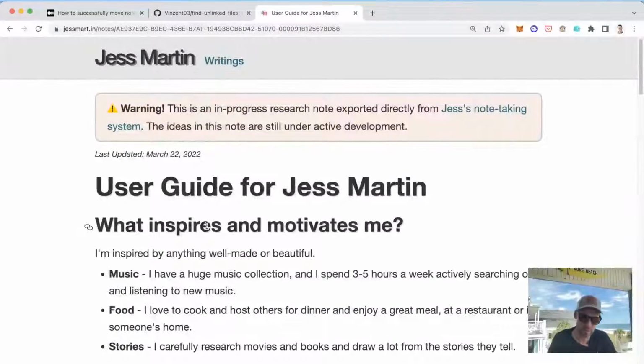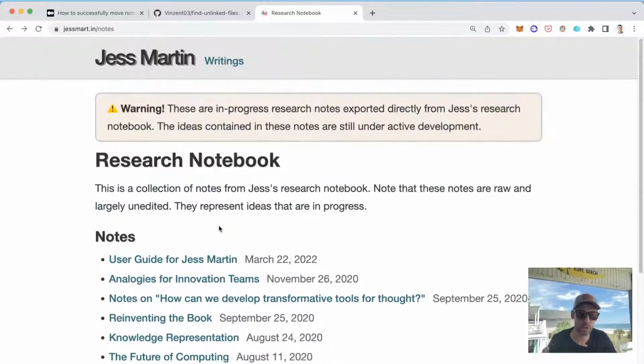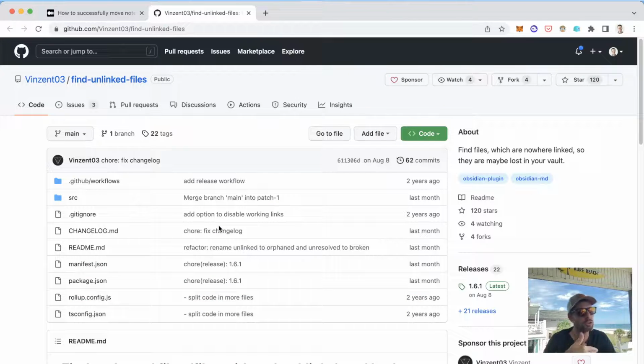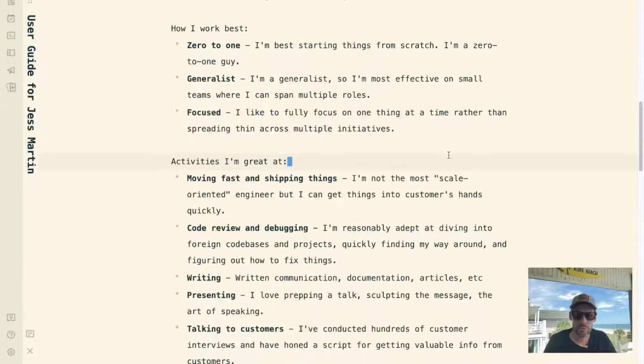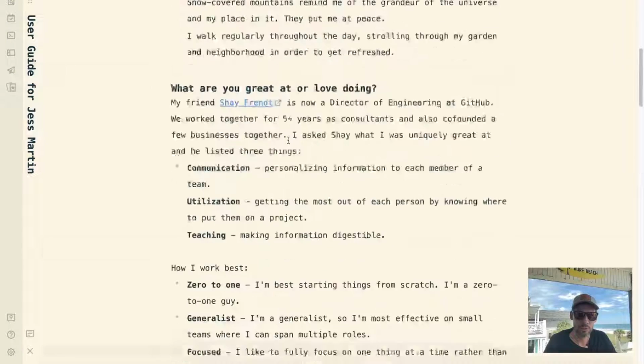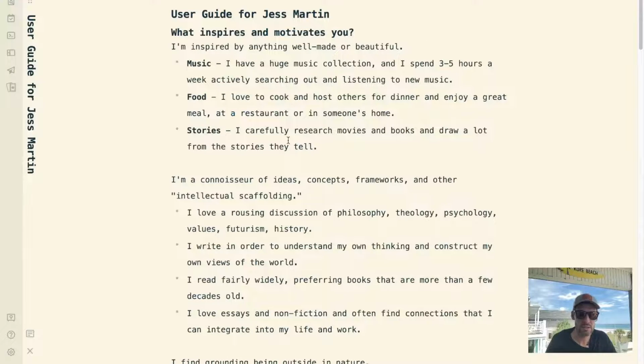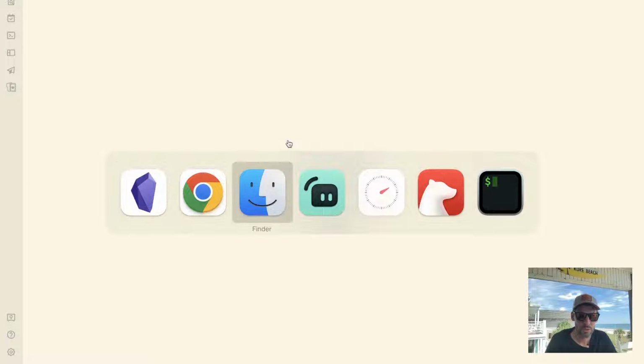I've found these to be really helpful when I've had coworkers who have introduced themselves to me and then said, hey, here's a little user guide about the way that I work. I've found it super helpful. Glad you asked that, Andy. So write it up, share it with your coworkers. It can be helpful. And yeah, there you go.